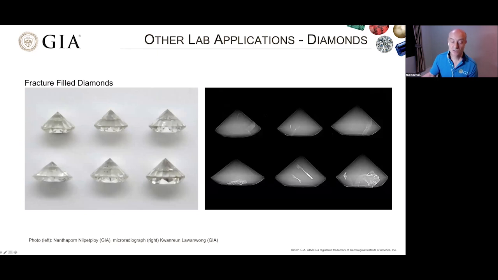And of course, it's good to do the analysis in more than just one direction. We do all pearls in definitely at least 2 directions, but when it comes to anything under X-rays, it's always good to check in more than one direction. And here we can see the same stones turned so that we're looking down the girdle, and you can see again the fracture filling showing very clearly in them.